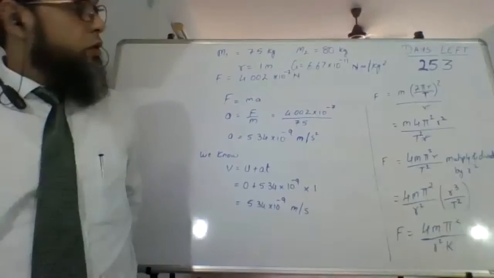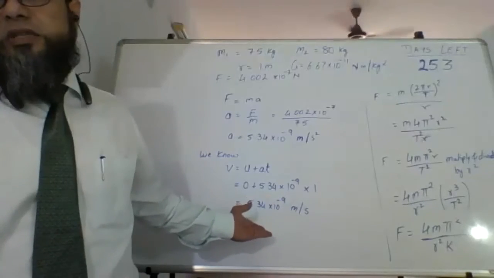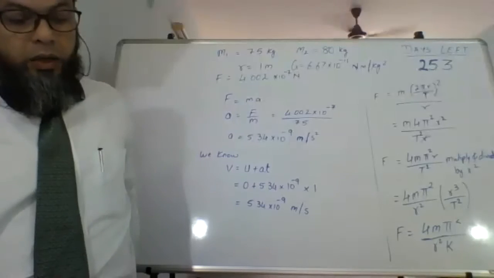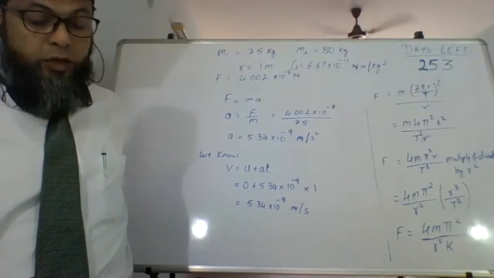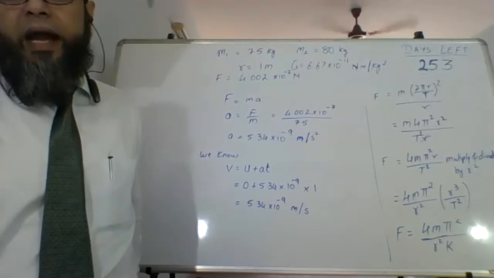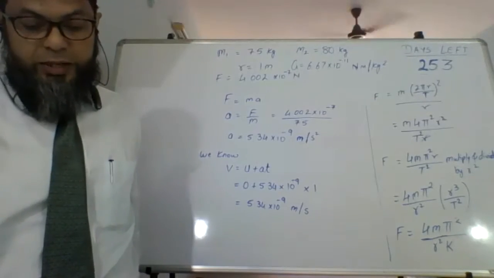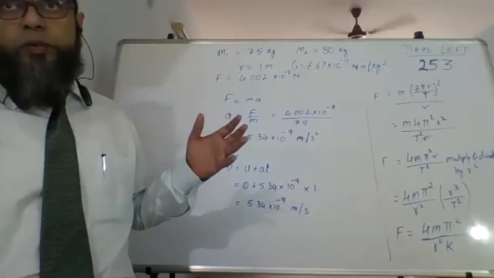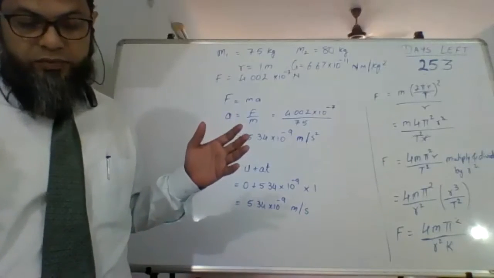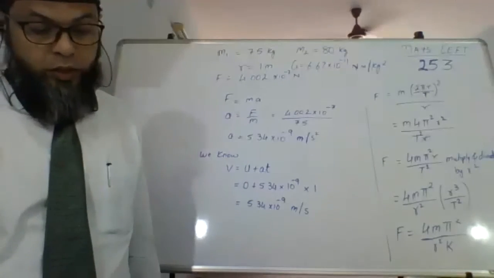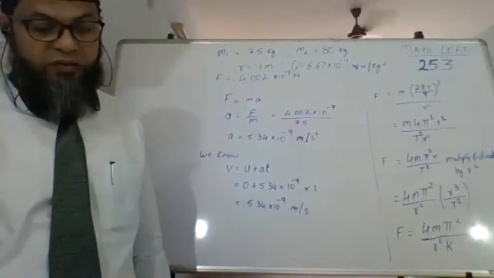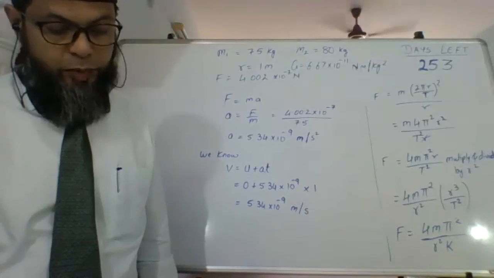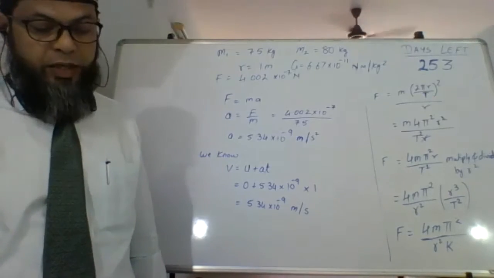Okay, so this is what will happen. It will move at this velocity. Now you can see the velocity is very small. Here they have also given you the logic about why there is high tide and low tide. As you can see, when the earth and the moon are aligned in one place, the moon will pull the earth towards itself. Because of that, you have high tides and low tides because of the gravitational force exerted by the moon.